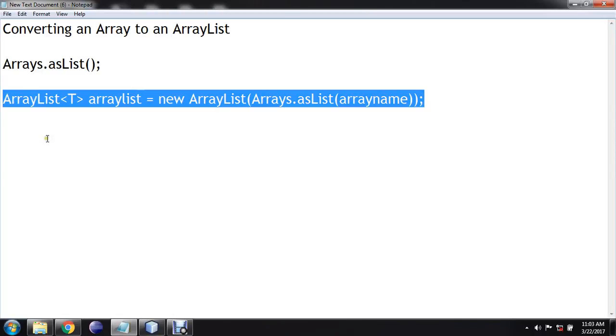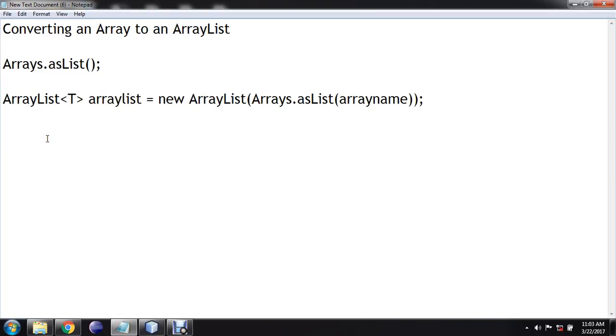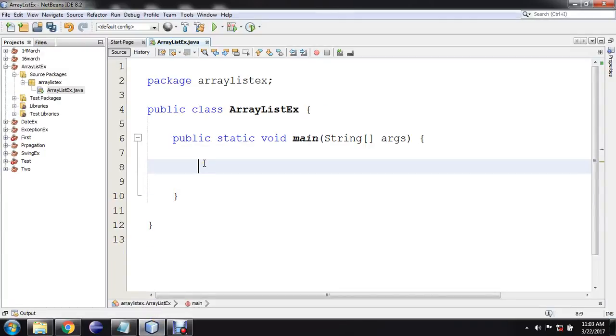So let's understand with the help of an example how we can convert an array into an array list. Here I am declaring an array named students. The type of my array is String and the name of my array is students. Here I am specifying some elements inside this array.